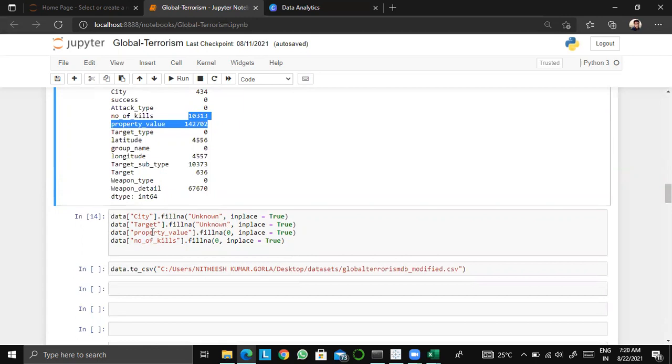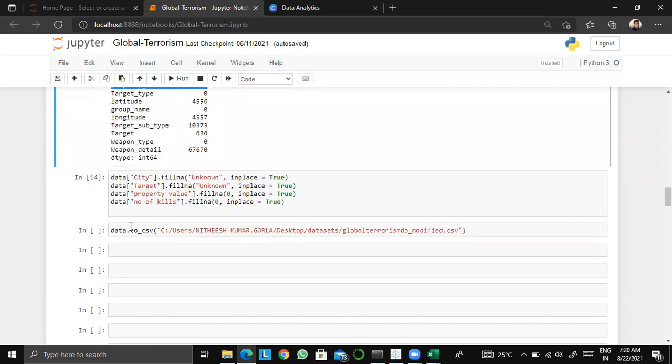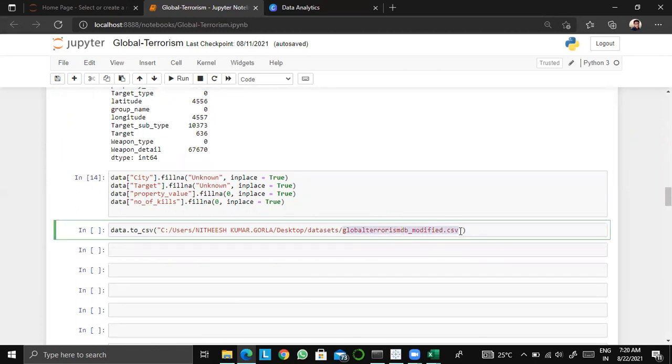Again, there are many methods to fill these null values, but for our analysis I have taken this simple approach. I have dumped this data set to a CSV file, globalterrorism modified.csv. Let me just show you that data set as well.